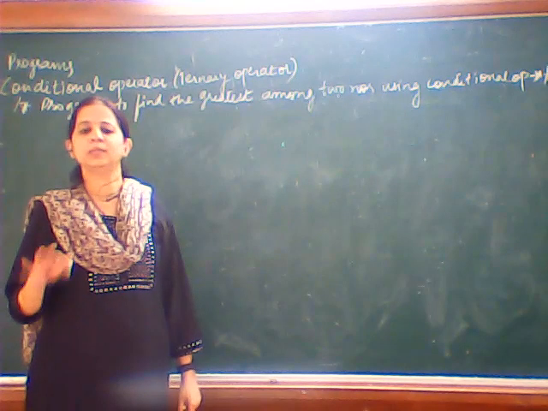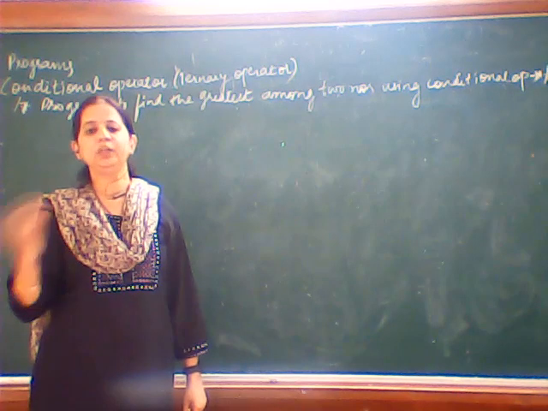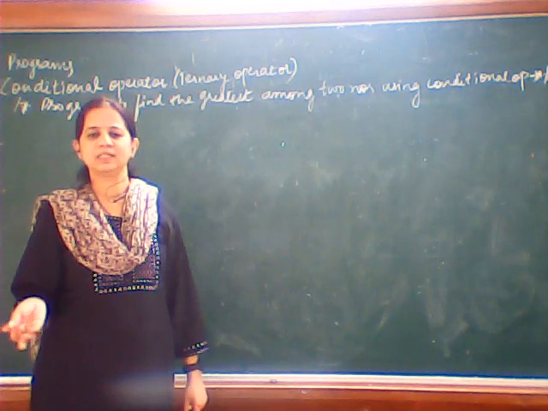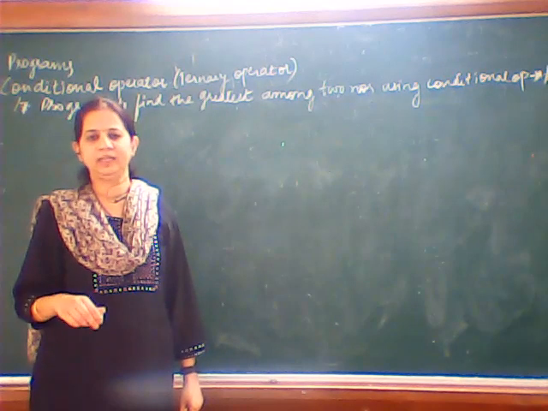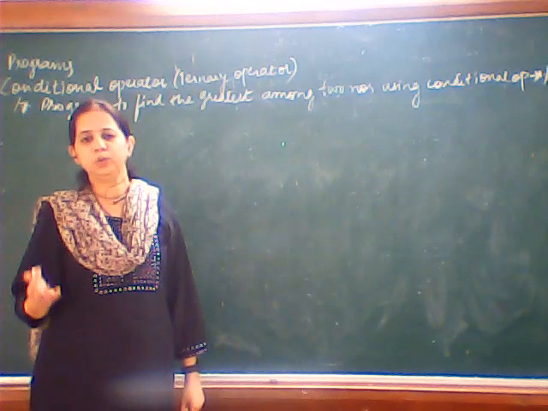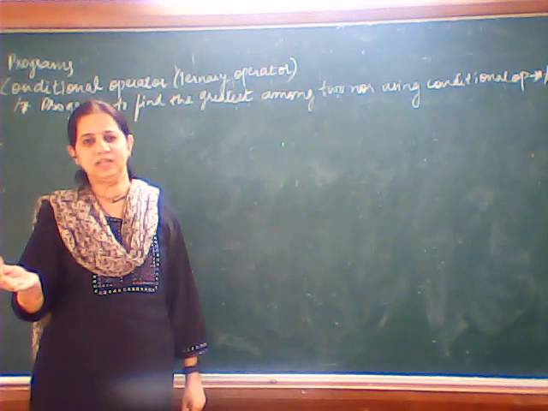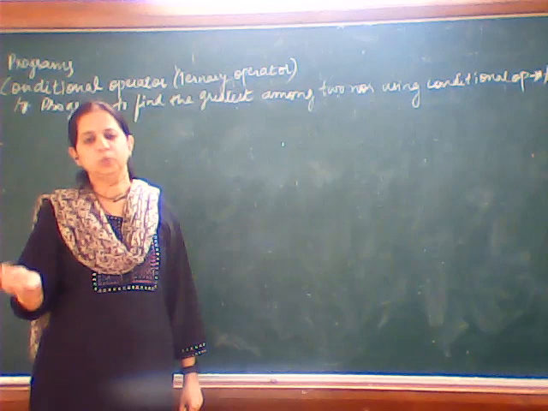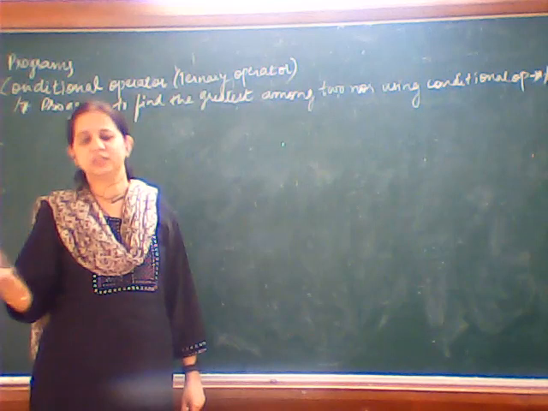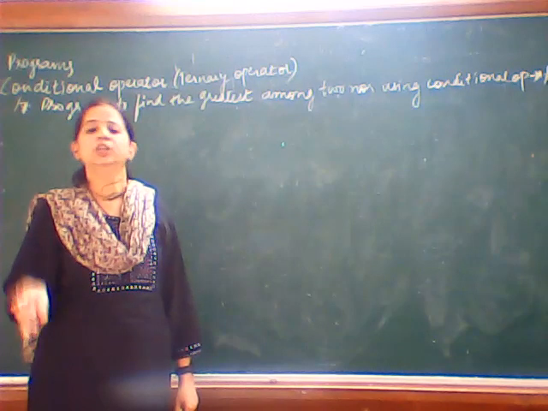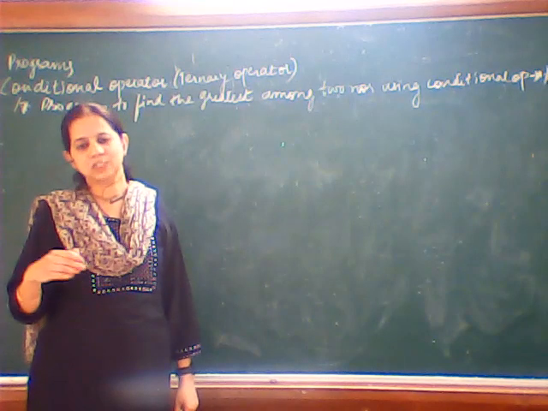For example, suppose we are given 2 numbers 10 and 20, which is the greatest. Immediately you will say 20, isn't it? Now what did you do? In your brain, you compared the 2 numbers, 10 as well as 20. Among the 2, 20 comes after 10, so definitely its value is greater. So you told me that the answer is 20.